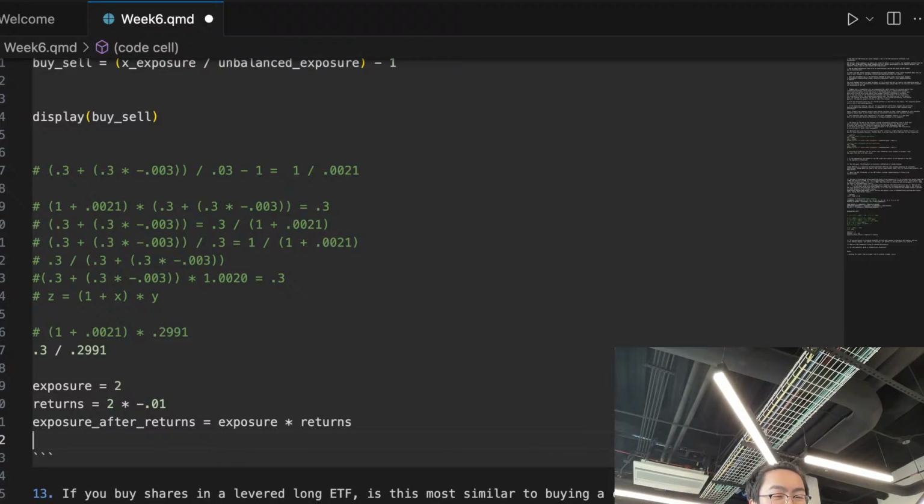So we got the exposure minus value divided by value, minus 2. Okay, I think we're onto something. So we got the minus 2. So maybe I've been thinking about the calculations a bit wrong. Instead of dividing by the x exposure,